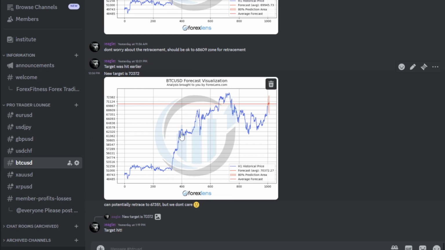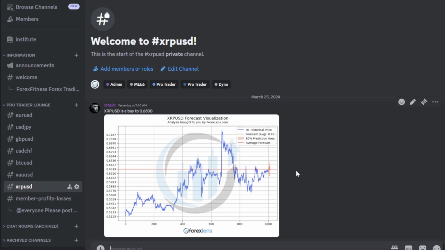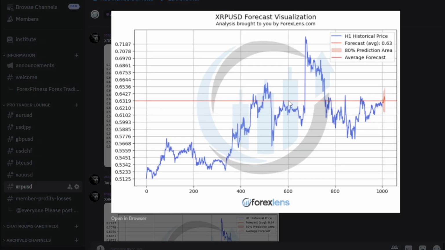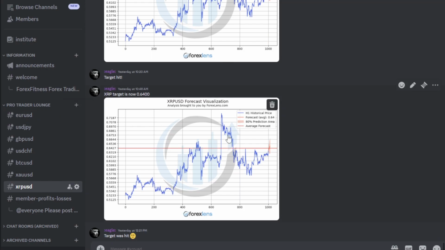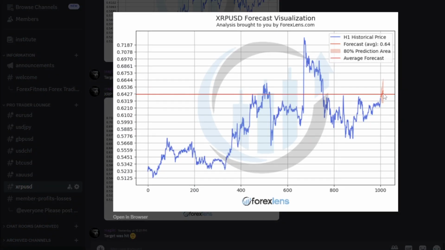And so I'll move over to the next chart now for XRP. We gave you a price move up yesterday of up to the 0.63 levels. That was hit, so we took profit on that. The next one was the 0.64 level, and that was hit as well. We did have our red line go up just a little bit further, and that was also hit, but that's